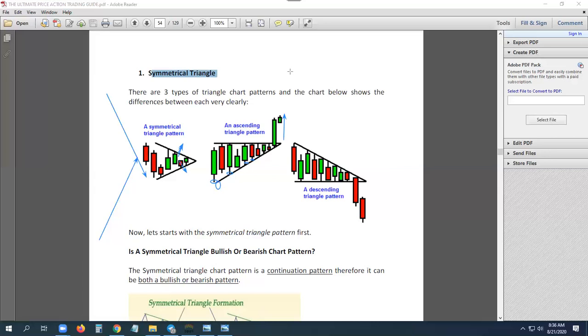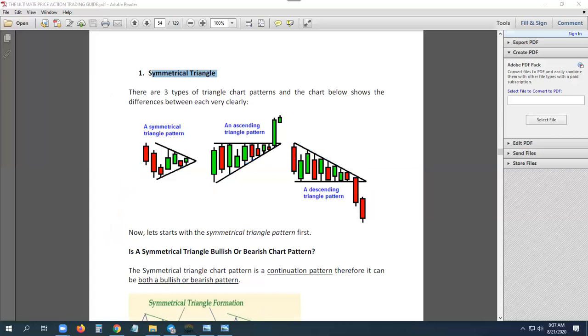As usual, don't just believe that. If the market breaks to the downside, follow that route as well. The opposite, if this was ascending, this is descending. Now in descending, your support is horizontal, but your resistance is sloping down. And as you can see, candles are touching everywhere. So the market is believed to break to the downside, but it can still break to the upside. So be aware, don't just follow textbook signals only.